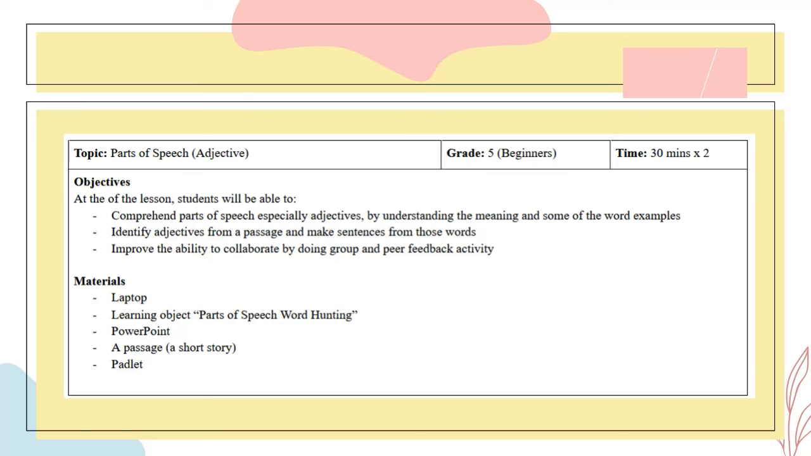Actually, for me, this learning object could be used and implemented to support all the areas of the teaching process in the classroom, such as to support the warm-up activities, or to support the practice activity in the main section, or even to assess the students. But here in my lesson plan, I use this module to support my warm-up activity and also to support the